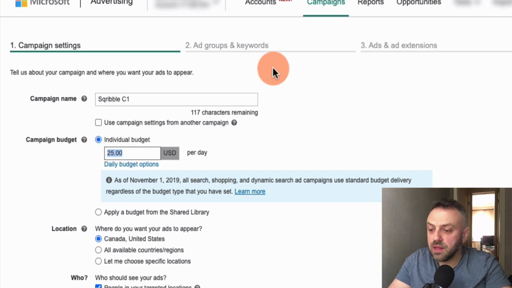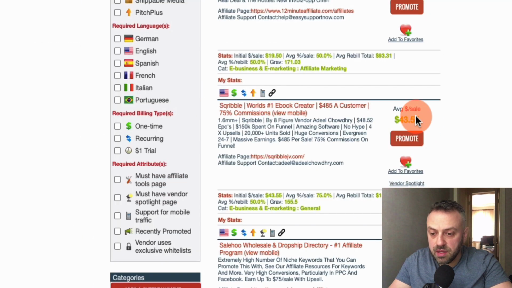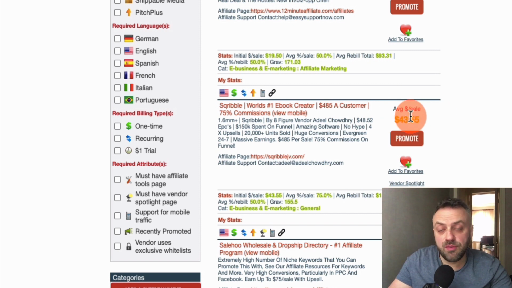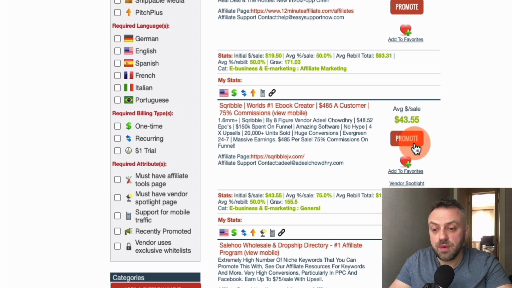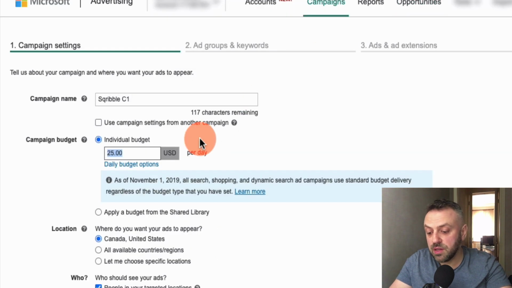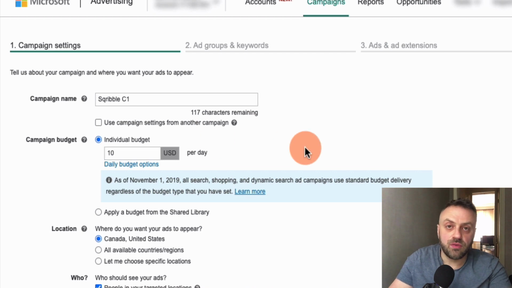Individual budget per day. Now, the budget you want to be spending is you want to spend at least the amount of the actual sale. So you're going to be getting $43.55, which is 75% of the sale price. And that means you should spend at least this amount before you abandon the effort. I would even recommend spending at least $50, okay? Spending at least $50 is a good idea. So we're not going to do 50 per day. We're going to do 10 per day. That means you have to run it at least for 5 days